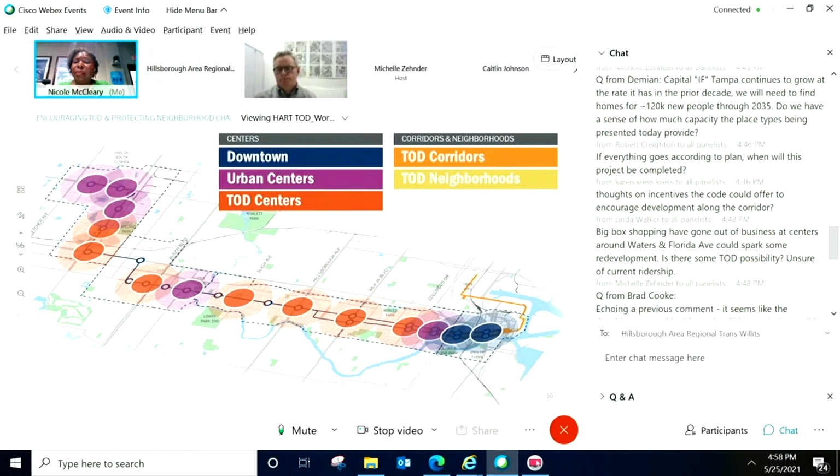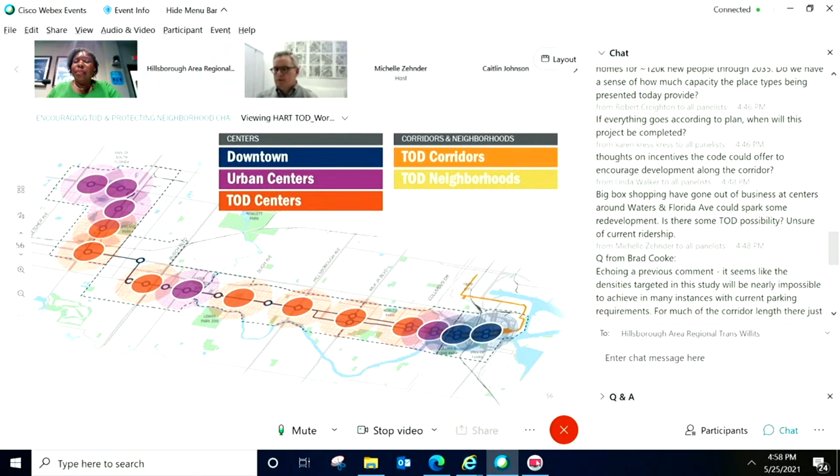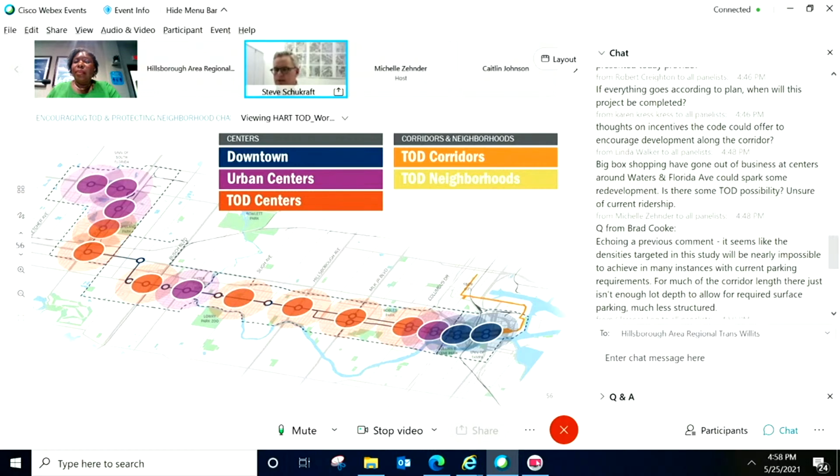We do not specifically yet, but that's a number we're going to generate once we look at the actual definition of applying these place types to specific real estate. When we start to map this block by block, parcel by parcel, we can do an acreage takeoff and apply a build out to those numbers and see what capacity we can support. So right now we haven't, but we plan to, and we should have those numbers available.